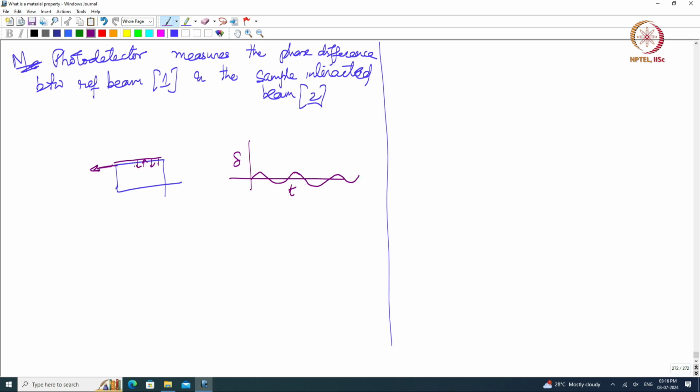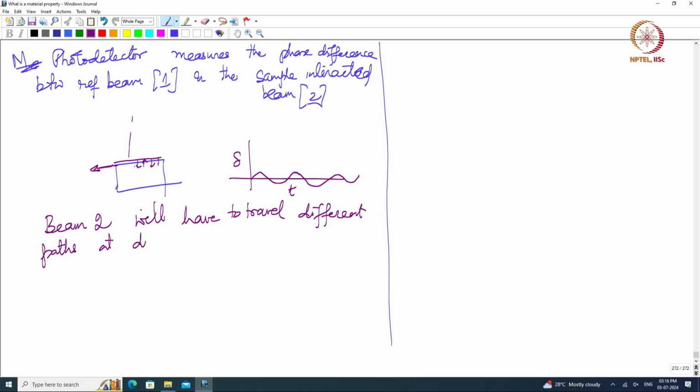Okay. So the sample is moving up and down. As a result, the laser that interacts, beam 2, will have to travel different paths at different times,